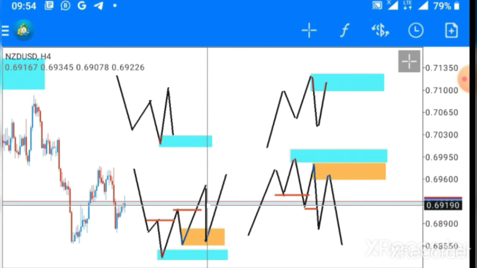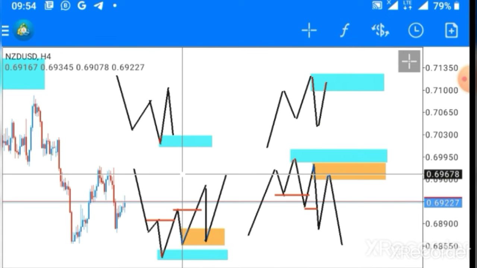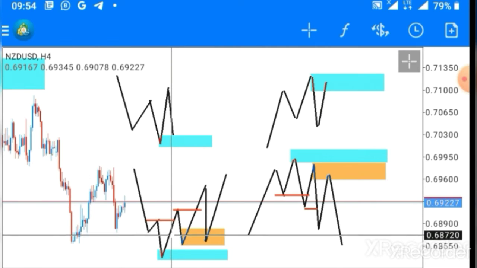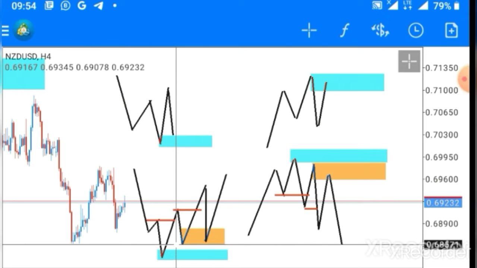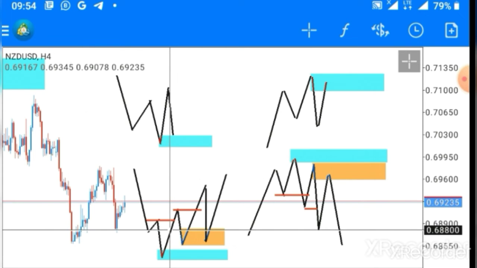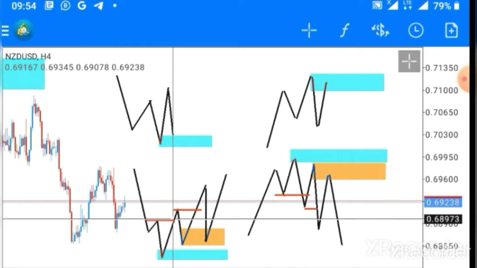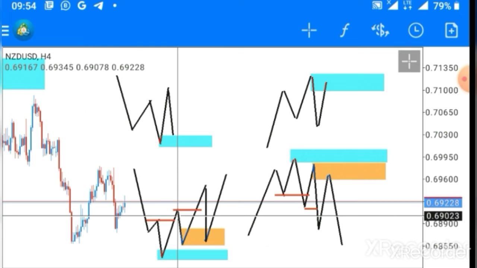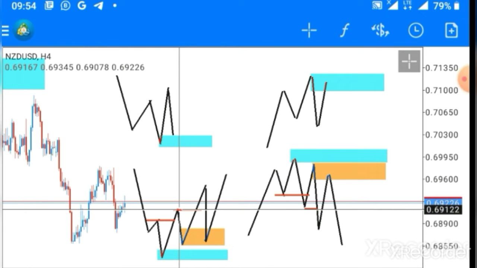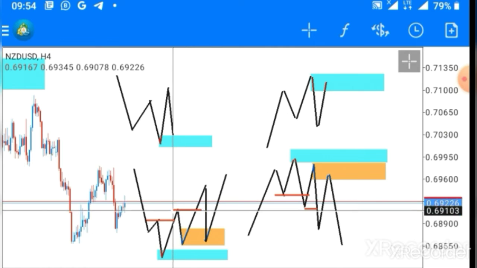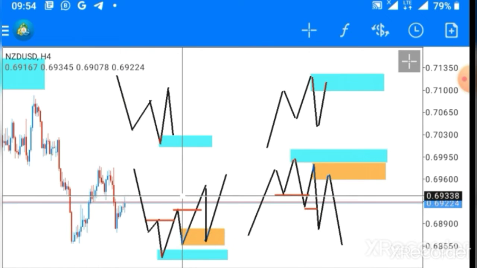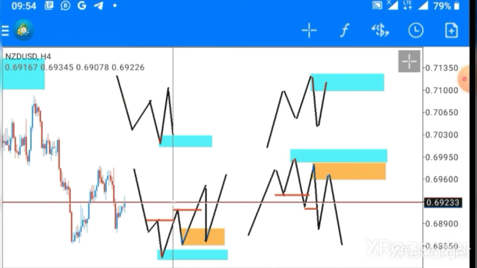Look at the diagram below. This is what I mean by double break of structure. Look, price pushed down, made a lower high, made a lower low. And then it broke structure, that's number one break of structure. Then it pulled back and went up again to break the structure the second time. That is the kind of double break of structure that I'm telling you about. So for you to confirm a trend, you need a double break of structure.